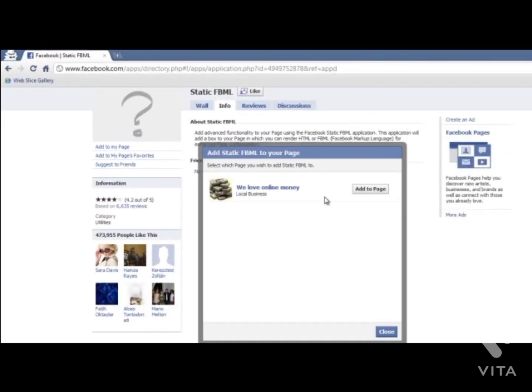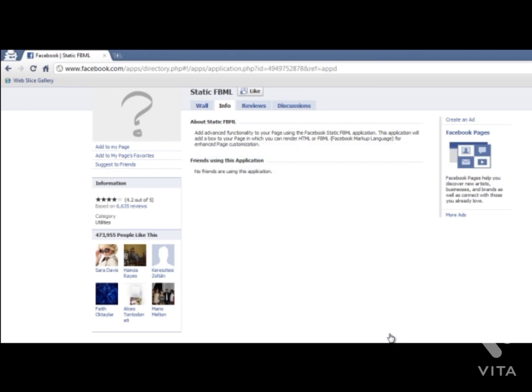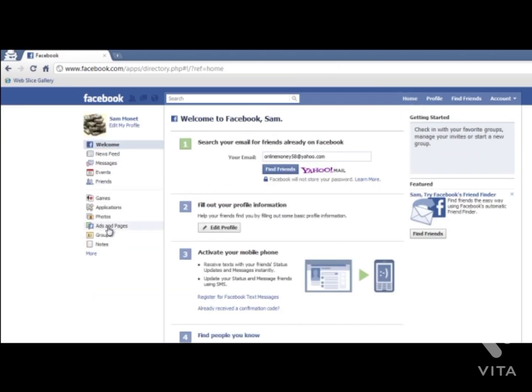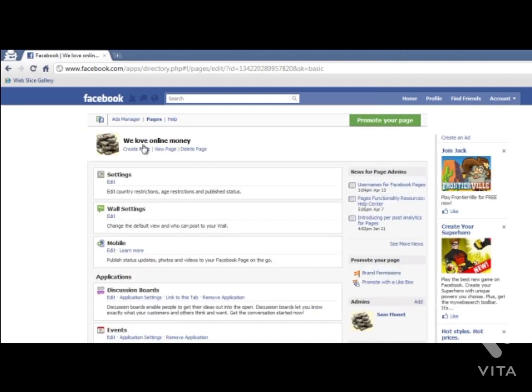And it gives you a list of pages that you can add static FBML to. Select the one you want and click add to page. Close. Now let's go back to our page. Go to home and then go back to ads and pages, and this is our page. Let's click view page,